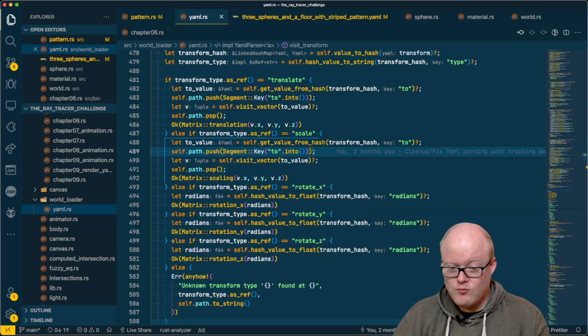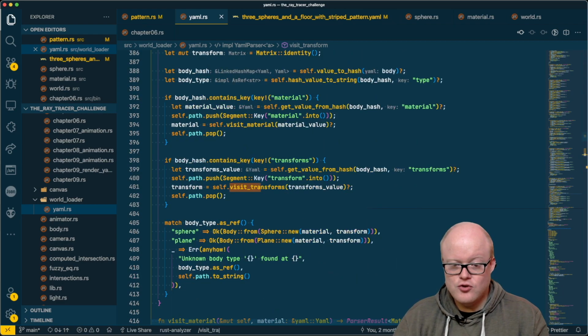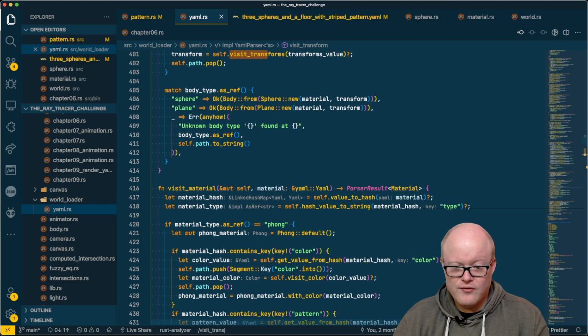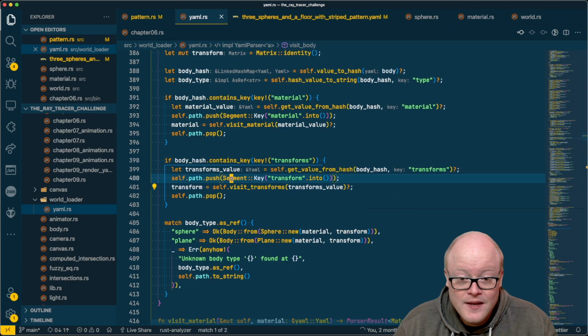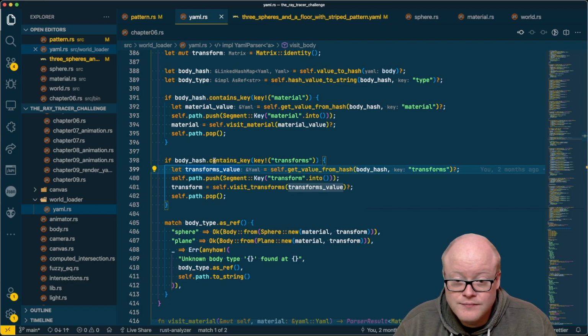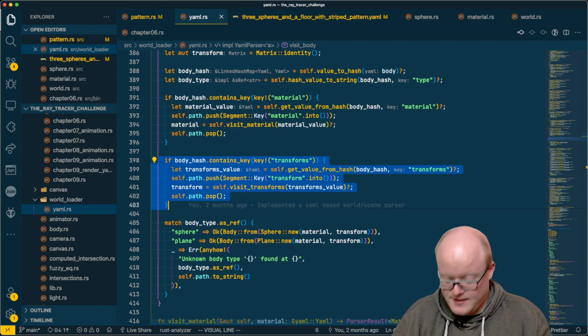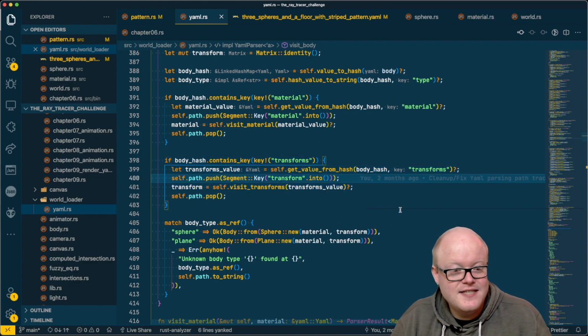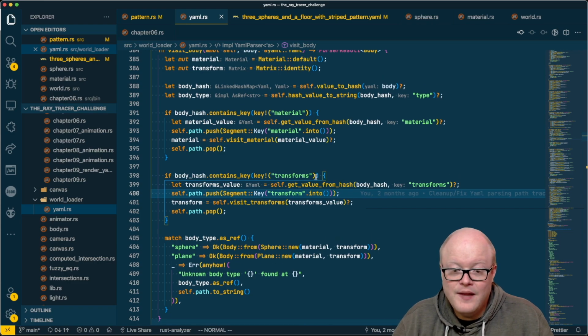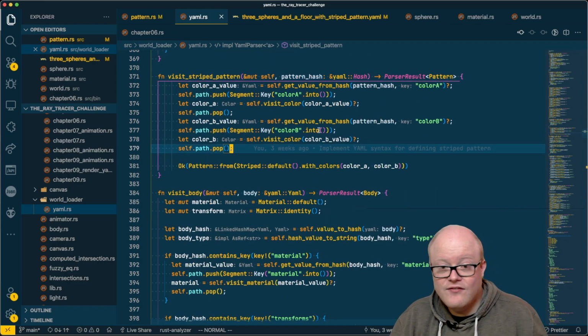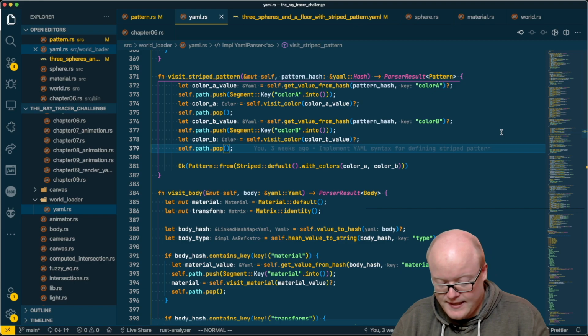So we are somewhere having something like visit transform, I guess, or transforms. Yes, we have. So yeah, if it is containing something like this, so let's simply steal this information here, and let's have there this visit stripe pattern, and